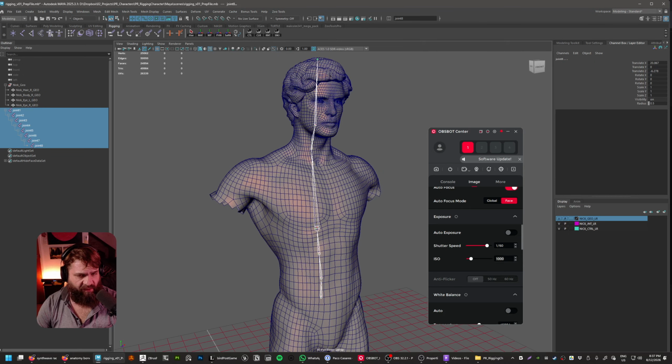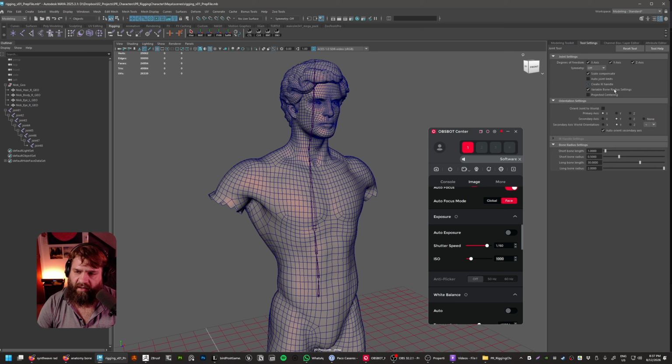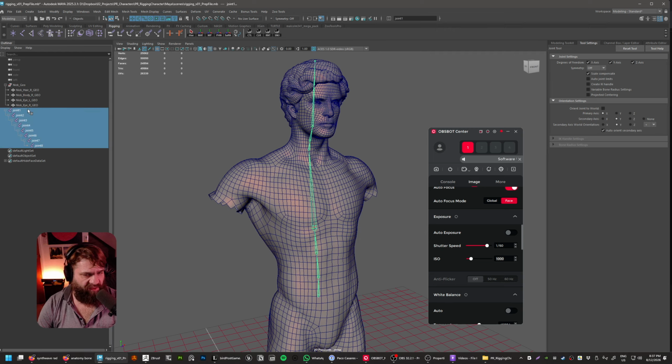So here now, you see how the bones are all different sizes. Depending on how far away from each other they are, they're going to change sizes. You can change that in 2 ways. If we double click on this tool in here, in the tool settings, you're going to see that you can change this to not have any variable bone radius settings. So if you take that out, you're not going to be able to change the bone sizes as well. The next thing you can also do is select all these bones and then go,